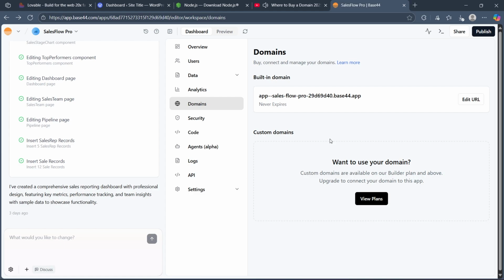Wait for the DNS propagation, which can take up to 48 to 72 hours, but often happens much faster. Once verified, your Base44 app will be accessible via your custom domain. So basically come to this page, buy a plan and you'll be able to connect the domain from just right